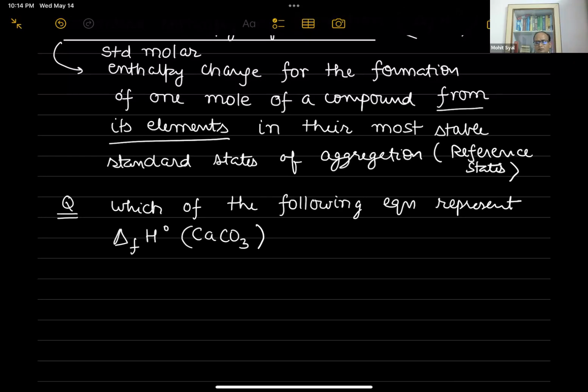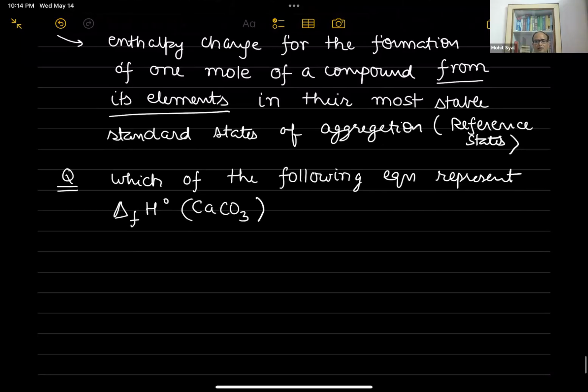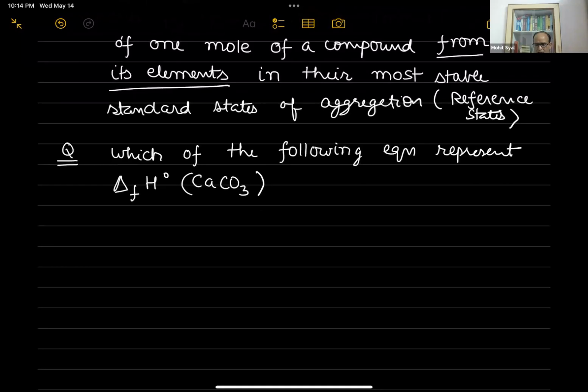Are you getting my point? So I am asking you, which of the following equations that I am going to write are going to represent the standard enthalpy of formation of calcium carbonate? This is a compound. So which equation is basically indicating the standard enthalpy of formation of calcium carbonate? Option A,